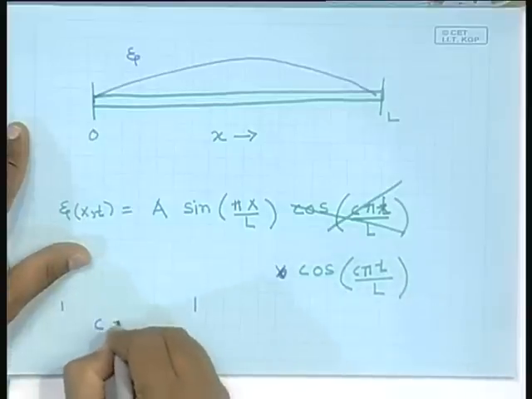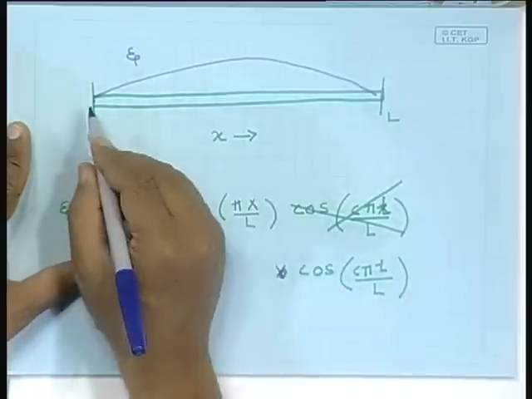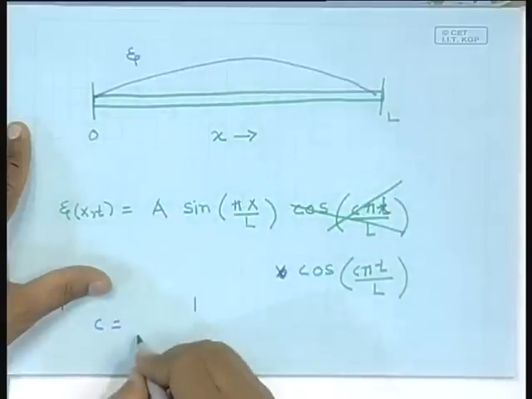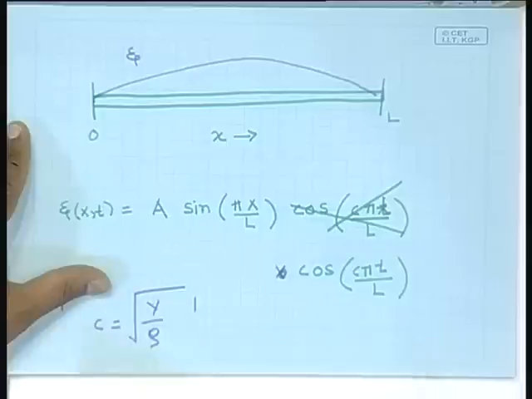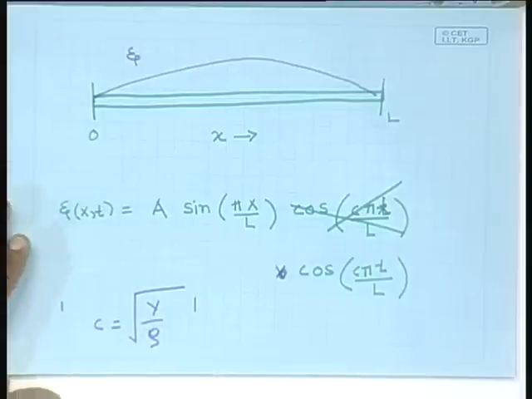c, remember, is the speed of sound, the speed of these elastic waves in the steel rod, which is square root of Y, the Young's modulus, by the density of the steel. So, Y is the Young's modulus and rho is the density of the medium,